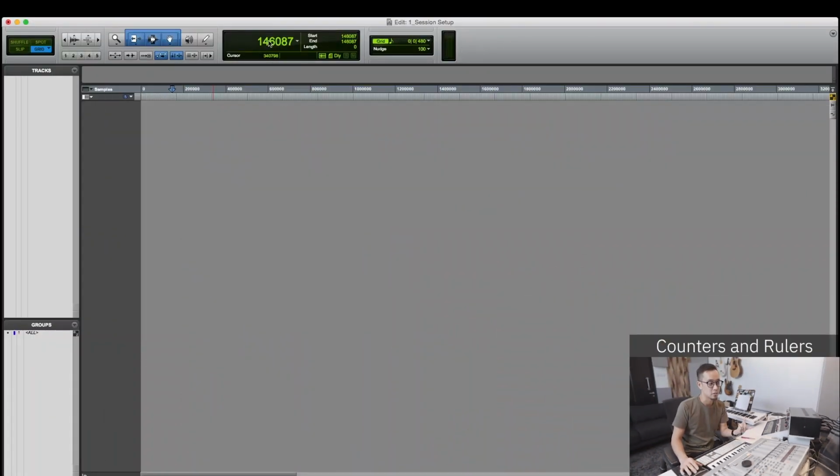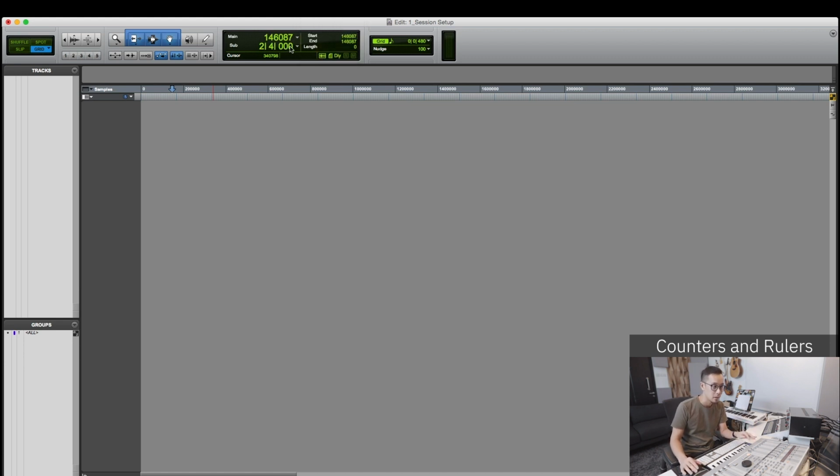Okay, so when it comes to setting up your session for recording, there are a couple of things I usually like to have set in my DAW already, just so that later on everything goes a lot faster. The first thing to take note of is your counter. Most DAWs have this counter. Some of them allow you to have more than one counter at the same time. So usually in Pro Tools, what I do is I always show my sub counter, so I have two different